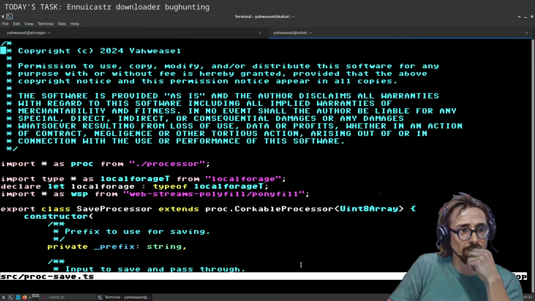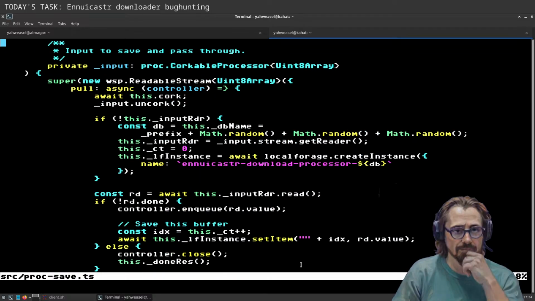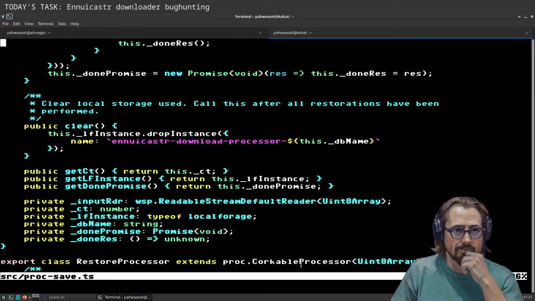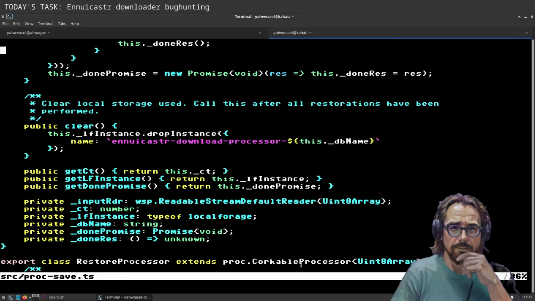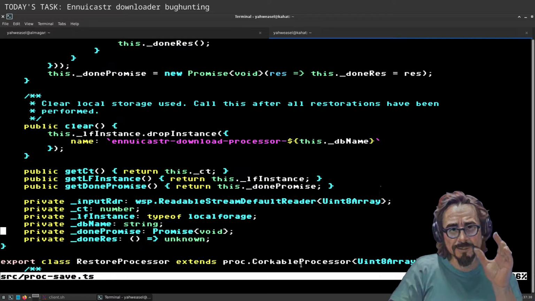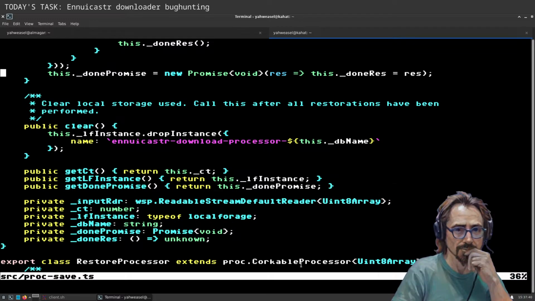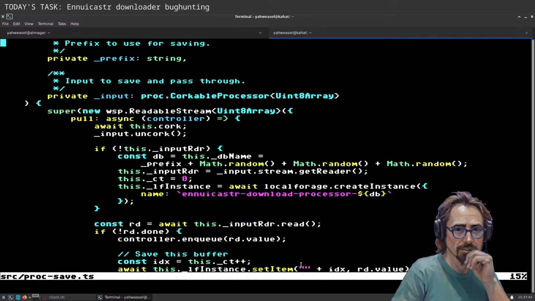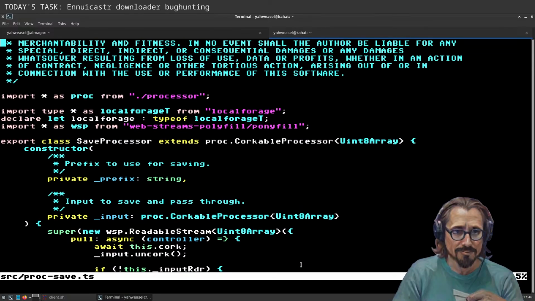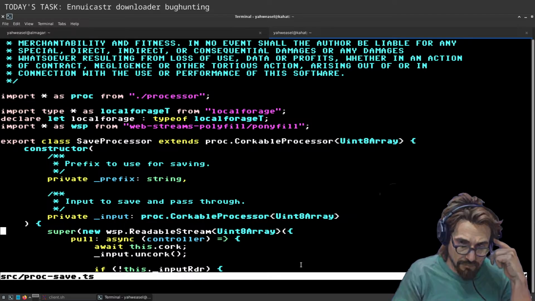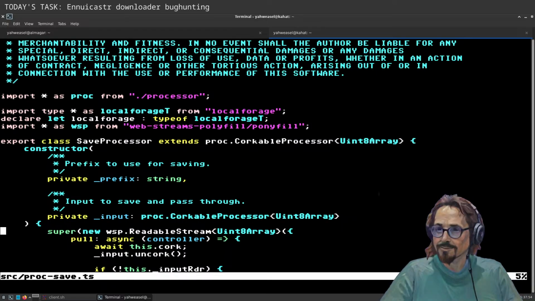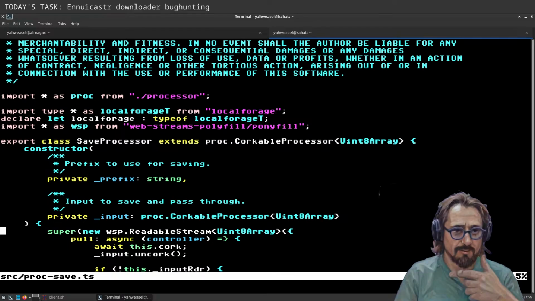Yeah, so basically somebody reported that they downloaded, and one of their files was a previous recording, not the current recording. And it sort of makes sense that that could happen if it was the save processor that's doing it. Because the idea of the save processor is that while you're downloading, it saves the raw downloaded data, and then it reuses the raw downloaded data